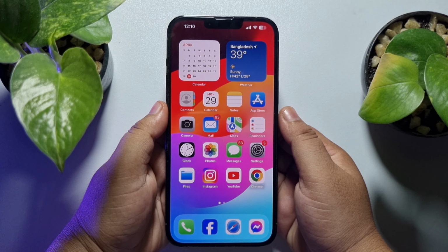Now to start recording, just tap on this record button, and here as you can see my video, again tap on this start recording button, and here we can see I'm recording a video using this app. And to pause the recording, tap on this pause icon, and then you can easily pause your video. To resume, again tap on this icon and your video will be resumed. To stop recording, tap on stop button, tap on done,